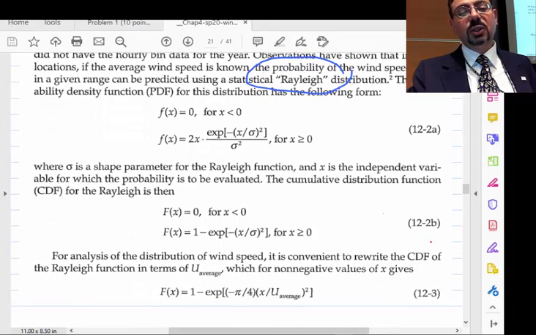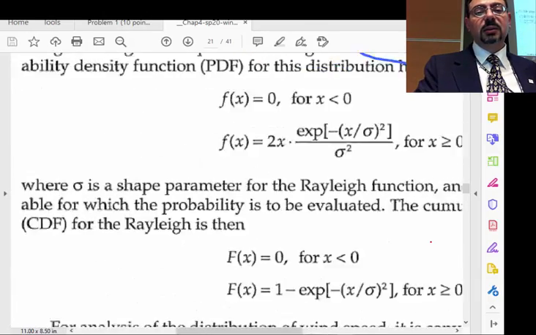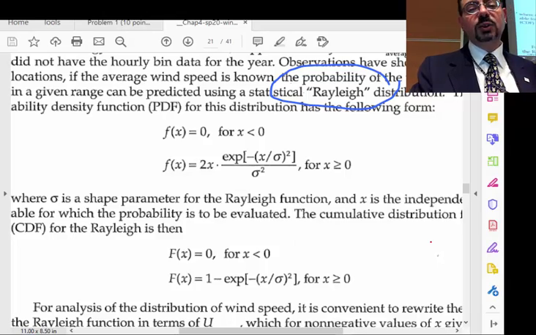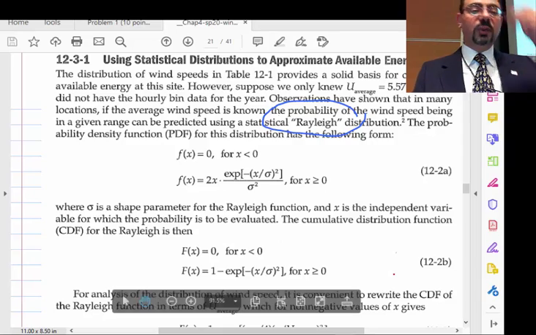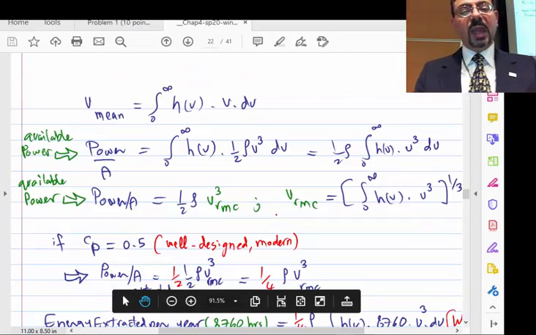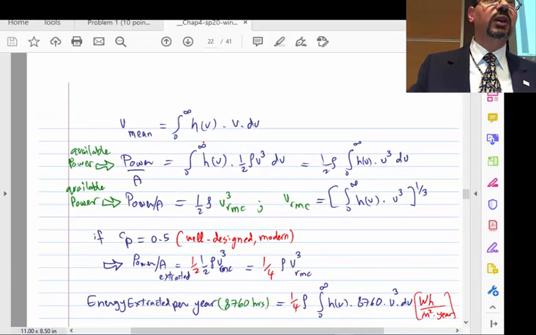Okay, and so its function is basically this, where x is the velocity and that is the distribution function. So what do they do with those distribution functions? How good is it? Well, if you have an equation for that distribution function,